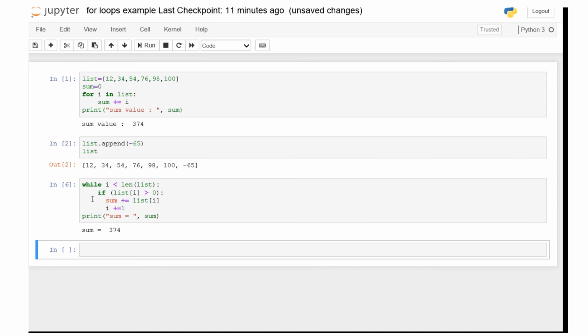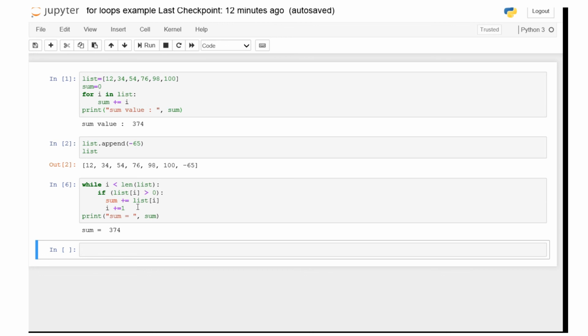So this is the example. Now it will check each and every value of the list and then add together all the positive values. Here only one negative value is there, so except that minus 65, all the numbers are getting added. This is just a simple example. Here we are using the append function, then the for loop and while loop, and then len also. len is just one of the available functions of list. We just want to make sure how many times the iteration should continue to execute again and again. For that we are checking the length of the list.